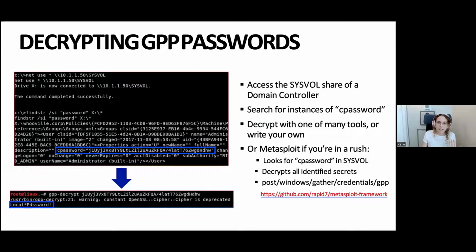So decrypting isn't that hard. You can honestly search for the cpassword string with, if you get comfortable with any like grep or awk or searching type things, you can look for the cpassword string in files that you've discovered on a local network. And if you see it, you can try to decrypt it. And if you decrypt it and you get a password, you can try that around and see what happens. There is also a Metasploit module for it, but I really like going through this one because it's a great example of like, look,